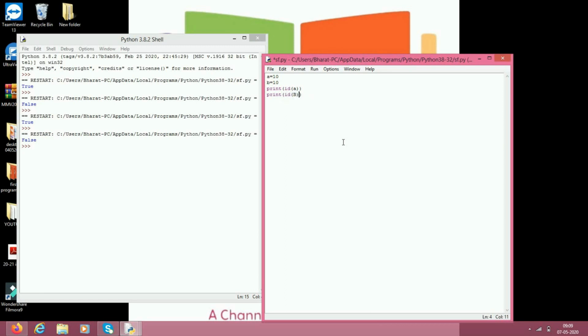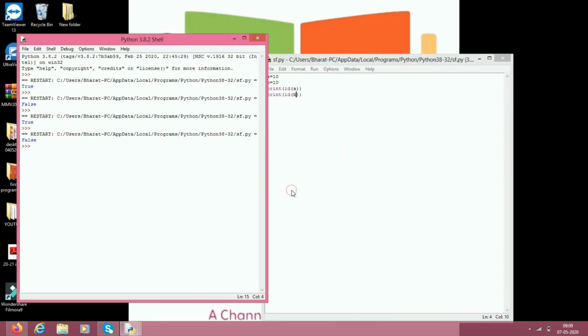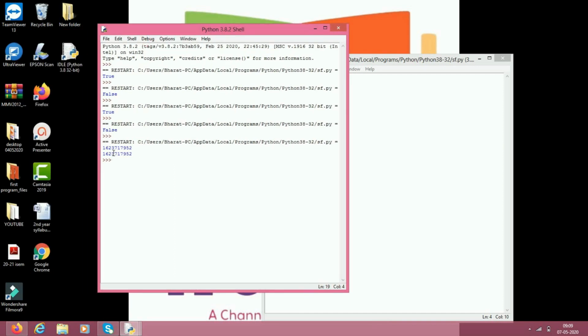If you observe, both the variables reference the same object. You can observe that the id of a and b are the same.